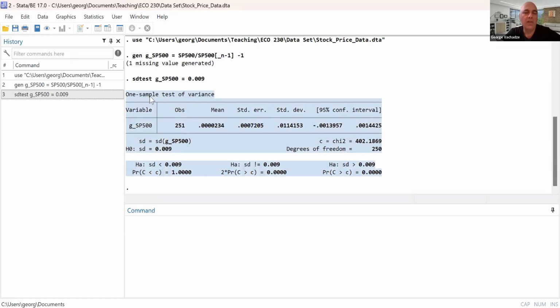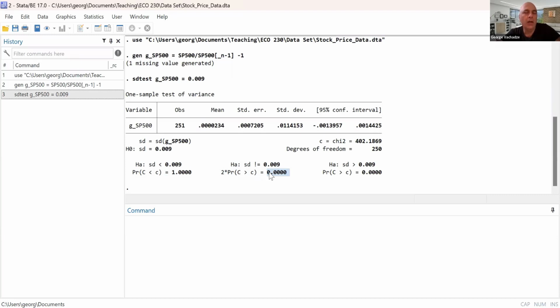So it's basically a one sample test of variance. Our H0 hypothesis is that the standard deviation is 0.9%, and the alternative we are looking for is in the middle column here, which is that the standard deviation is not 0.9%. The test statistic we need to look at is the p-value. The p-value being 0 basically means the probability of rejecting H0, conditional on H0 being correct, is